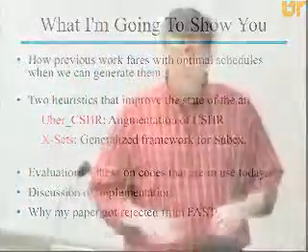Okay, so what I'm going to show you in today's talk is a couple things. One, I'm going to show how previous work fares in the places where we can determine optimal schedules. So for small matrices, you can use enumeration and you can figure out what the optimal schedule is going to be. I'm going to see how close these heuristics come. And then I'm going to talk about two new heuristics, which are kind of augmentations of previous heuristics, and the goal of them is to improve the state of the art.